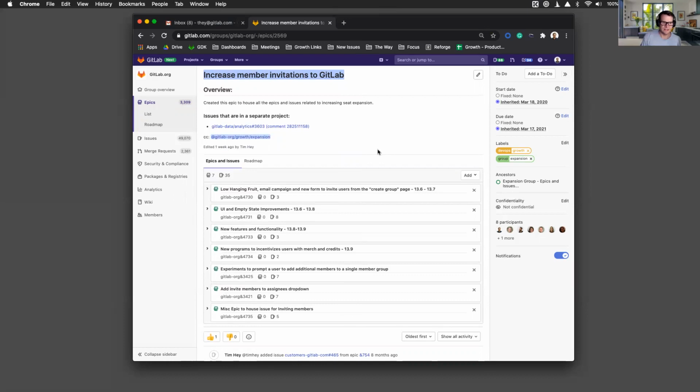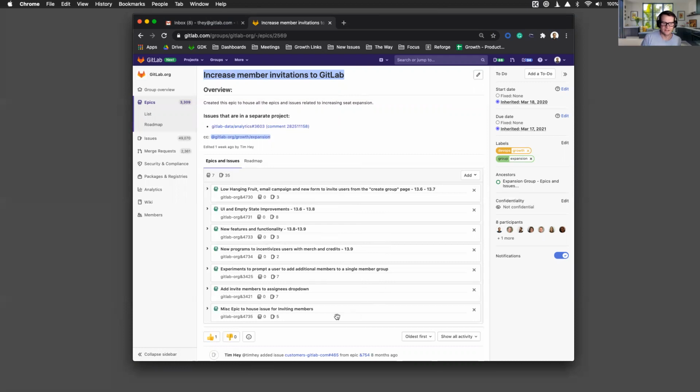As you can see here, I've got 1, 2, 3, 4, 5, 6, 7 child epics that roll up underneath this. The first four are really the ones that we're going to be working on over the next 1 to 2 quarters. The three down here, these two have already been completed, and they're in the past, which I guess I could just remove, but I like to keep my work there so I can go back and look at it.